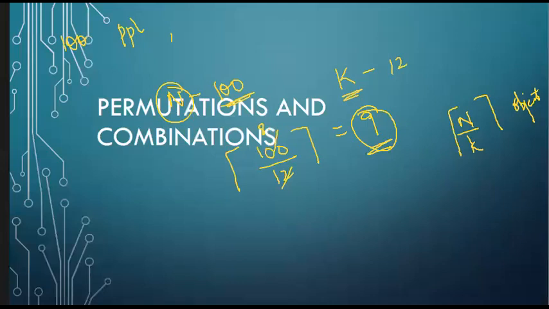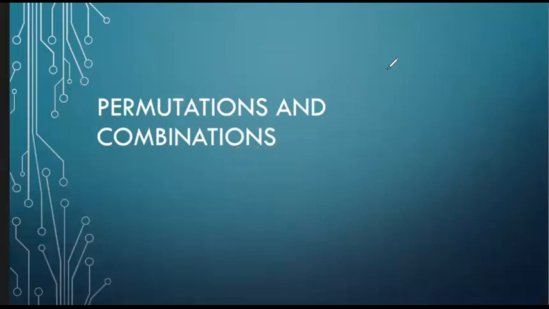The next topic is permutations and combinations. Permutations and combinations is basically a method to count the problems, and many counting problems can be solved by finding the number of ways to arrange a specified number of distinct elements of a set of a particular size where the order of these elements matters. Permutation is basically the arrangement, while combination is the selection. This is the basic difference between permutation and combination.